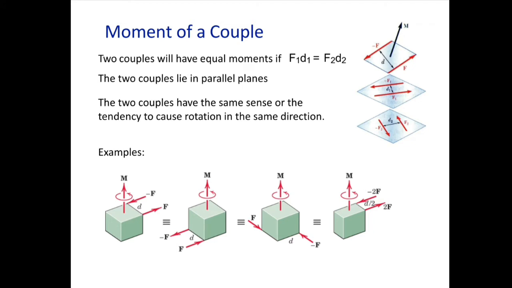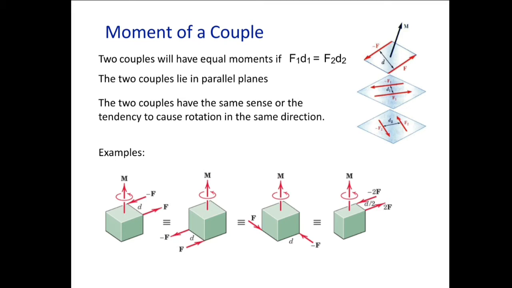Now if we change the position of these two forces but the direction will be the same, just we are changing the position, there will be no change of the rotation effect. In the second figure you can see we have applied the forces in the same direction, but the position is towards the downward side. Here at the upward corner we have applied, now here at the downward corner we have applied the force system. Again there will be formation of the same couple, so there will be the same rotational movement.